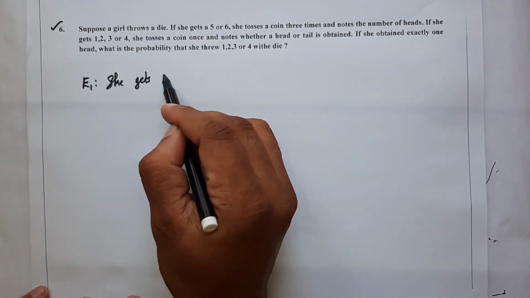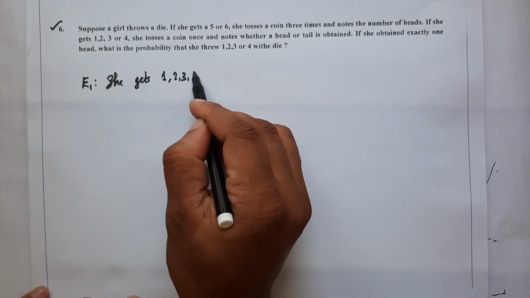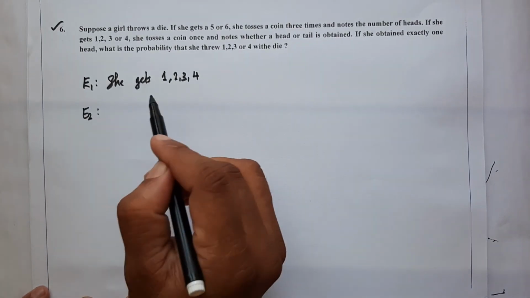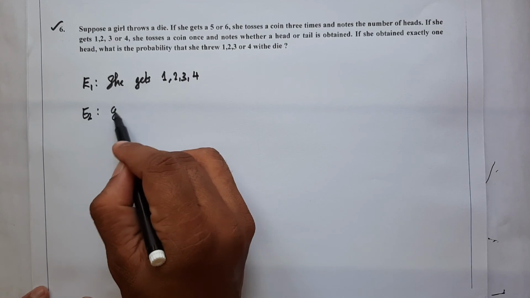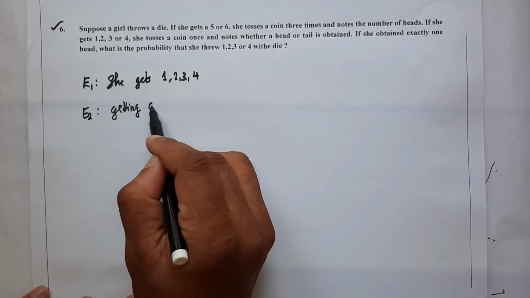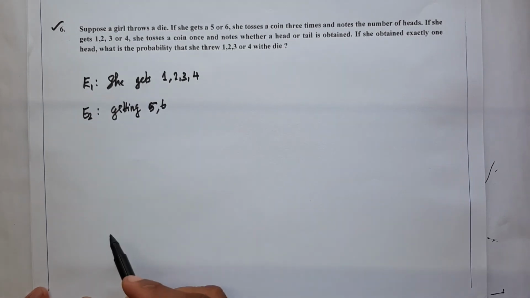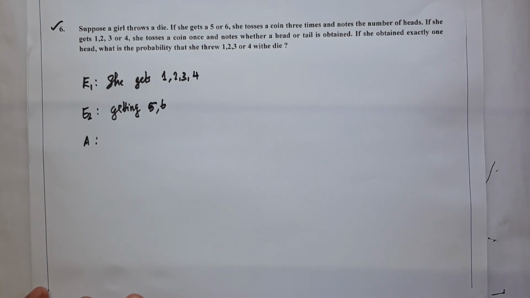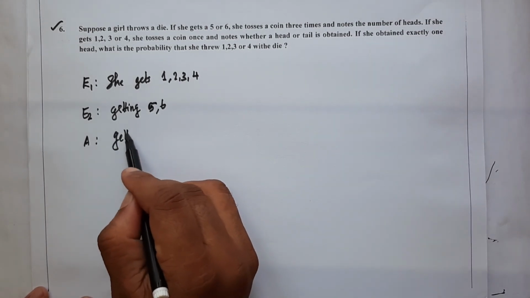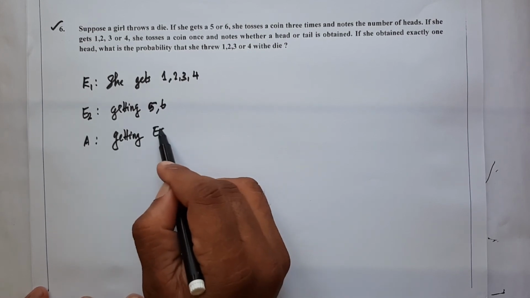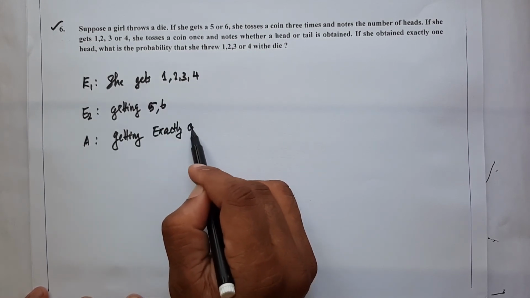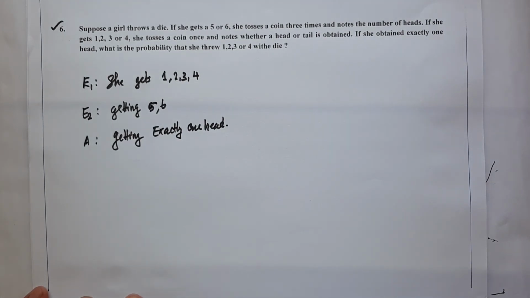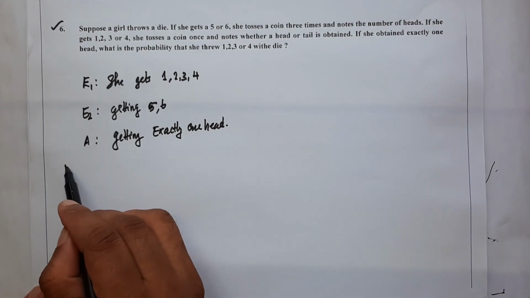When she throws the die and gets 1, 2, 3, 4, let us take that as event E1. And E2 denotes the event of getting 5 or 6. And A denotes the event of getting exactly 1 head. The head has already happened, so we consider that event as A. Then using Bayes theorem,